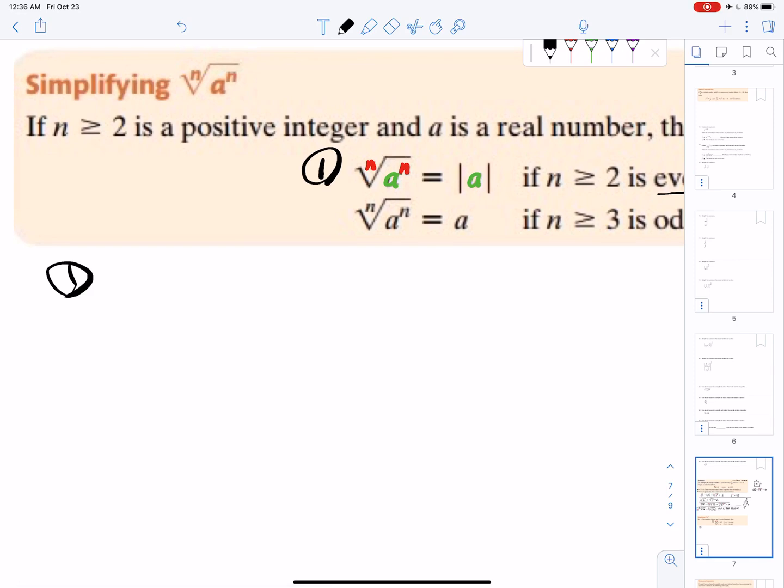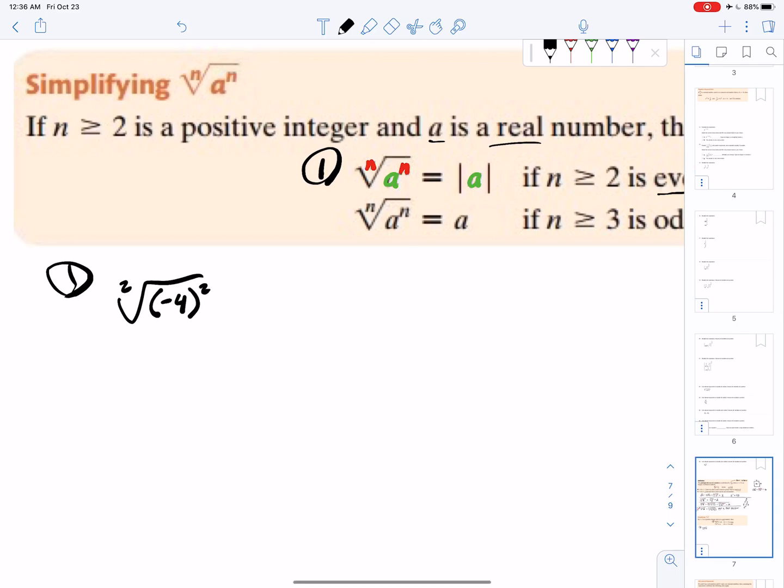So let's take an even value, an even nth root, like let's say the square root. And what I'm going to do is make this a value. It says a is a real number. Remember, real numbers can be positive or negative. So let's make this a value of negative 16. Nope, I take that back. I'm already having regrets. Negative 4